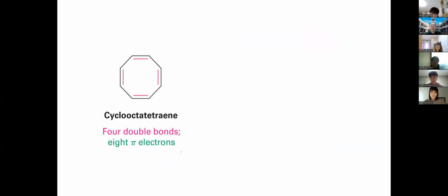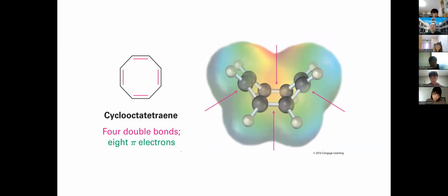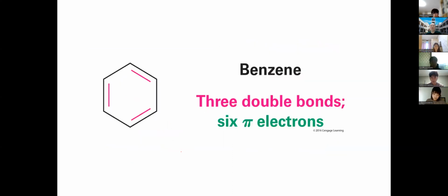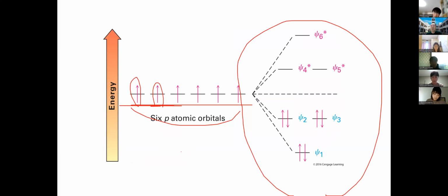How about the 8-membered ring? The 8-membered ring is also not stable. And it looks like it's not a planar structure. It has a little twisted structure. Then people think about what is the special thing for benzene. Benzene is extra stable. And if you draw this kind of molecular orbital diagram, one trick here is you draw those cyclic structures with one point on the bottom,